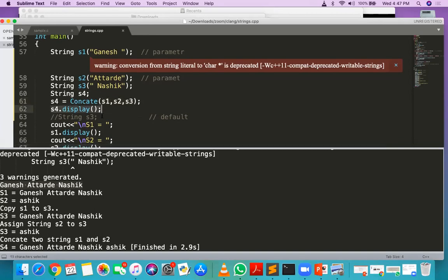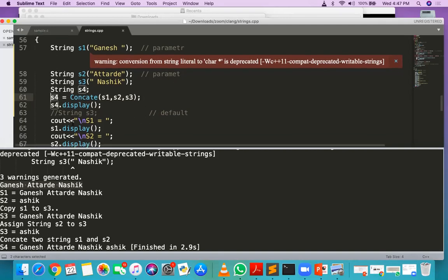You've called three strings, right? Concat three strings. Then Ganesh, Attarde, Nashik has been concatenated and stored in S4. Yes, and Ashik is also there. So if one more string is there, yes, one more string.